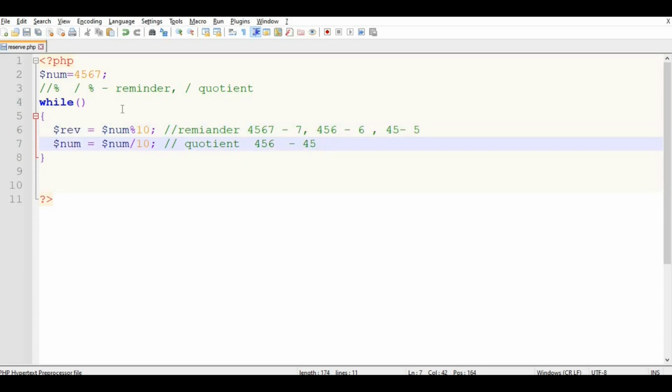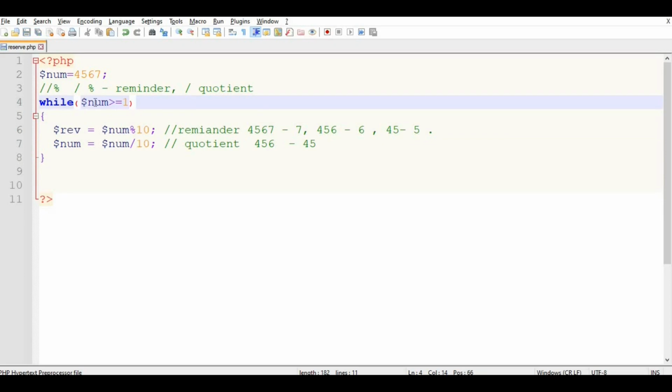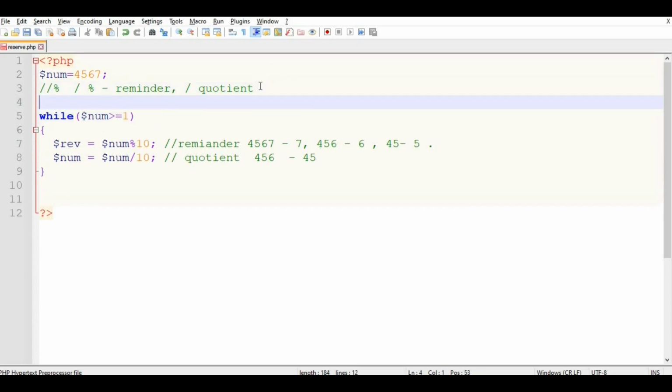In this way, the number should be greater than 1, otherwise it goes to 0 or 0 point something. So we can put the condition that $num is always greater than or equal to 1. Here we echo a statement.